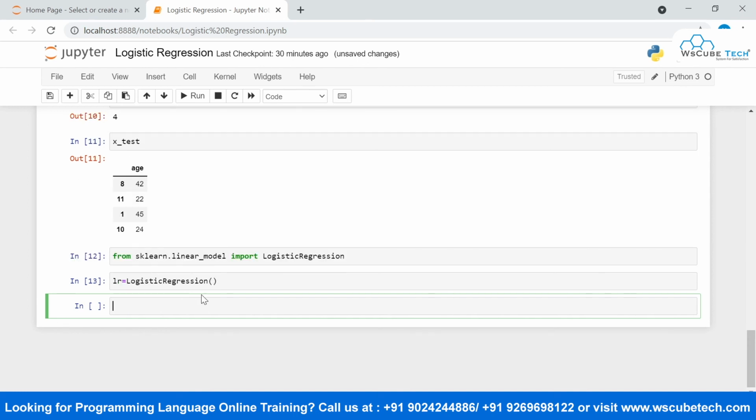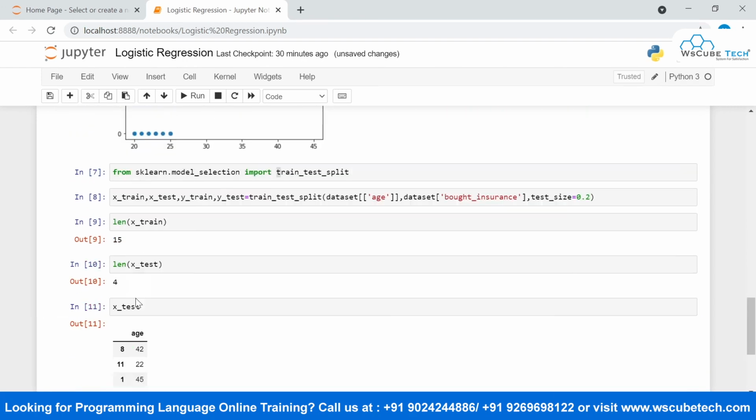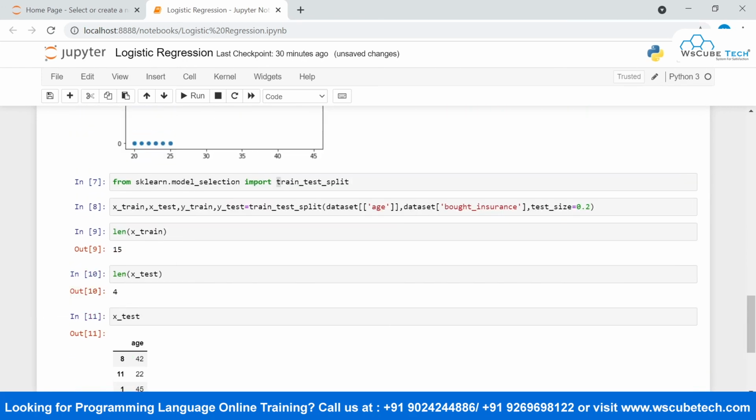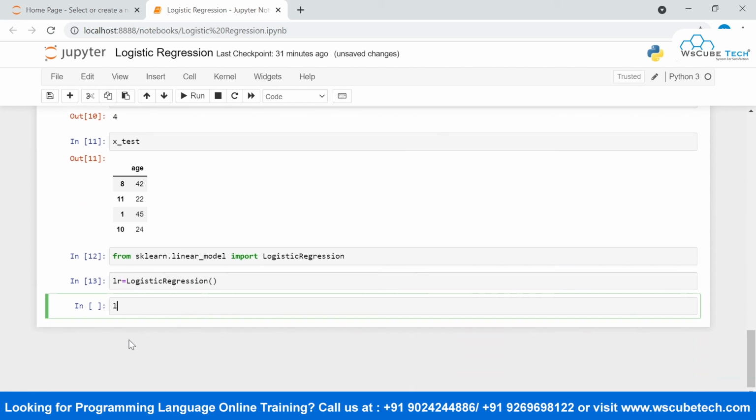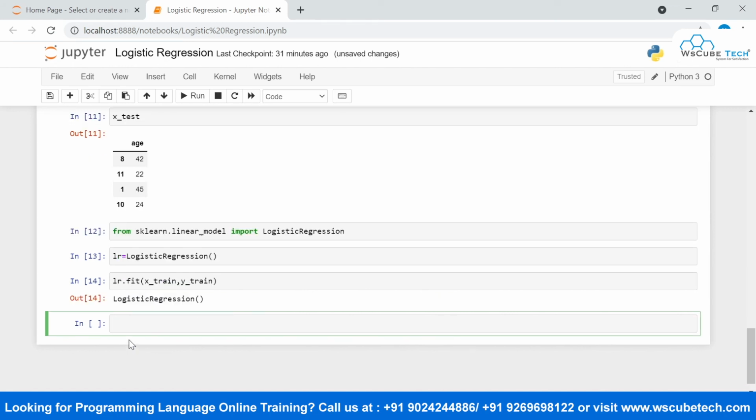Now, once we have created the object, we need to make use of the fit method. This fit method is used to train our model with the available train dataset. So I'm going to use lr.fit, and I will pass here my X_train and my y_train.